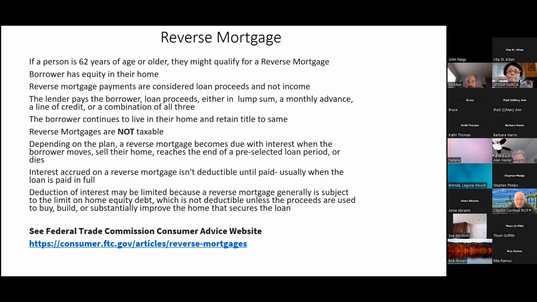I can't tell you how many seniors I've bumped into, and for whatever reason or reasons, they're at a point where they're either running out of money or they've run out of money. There was a guy that I heard of, he was 99 years old. Good for him. And he ran out of money, so he had to go back to work. So you do see that from time to time. Yeah, so that's where the knowledge of the reverse mortgage comes into play, how and when best to use Social Security, but that's not stuff that we'll be talking to our clients about, like, hey, you're taxed here and you're not taxed here.